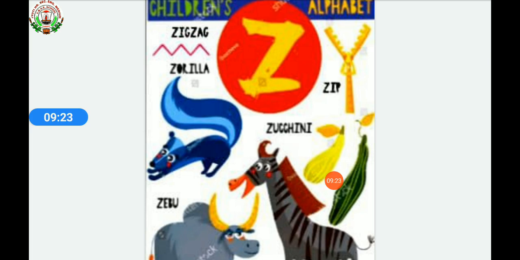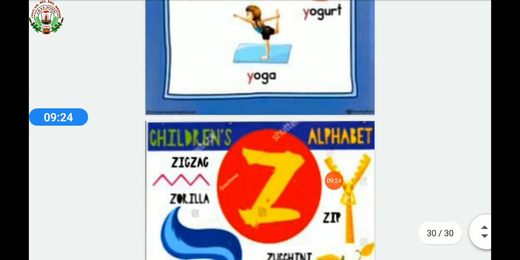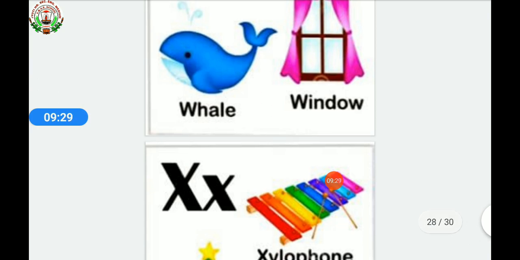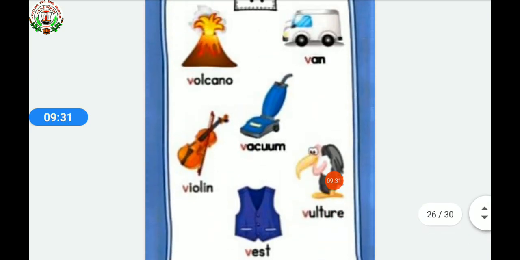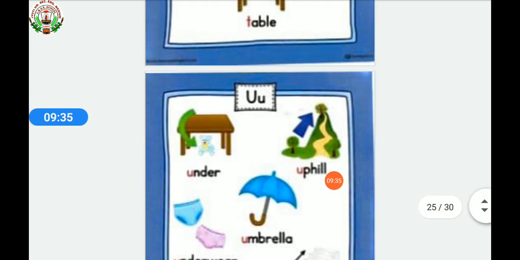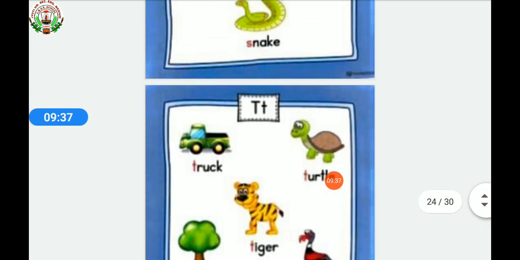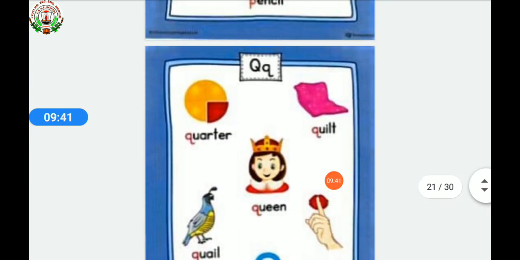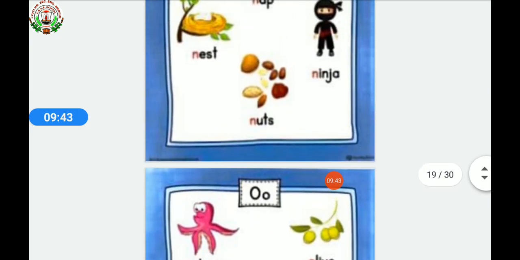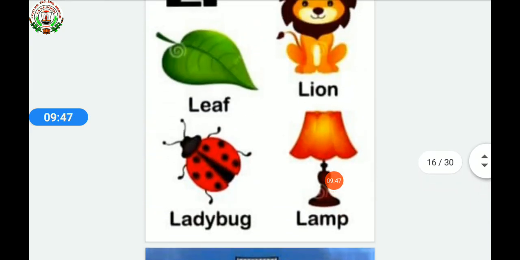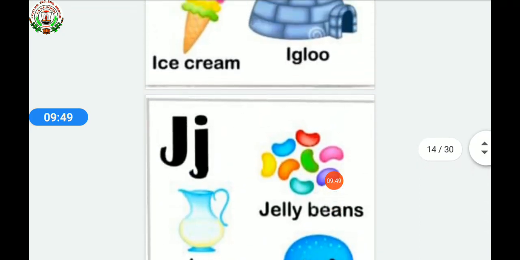So dear children, today we learned the 26 letters of the alphabets. Through these letters we learned many new words also. So at home try to make some more new words from all these 26 letters, and in the next class we will start the very first chapter of our grammar section, that is the alphabets.